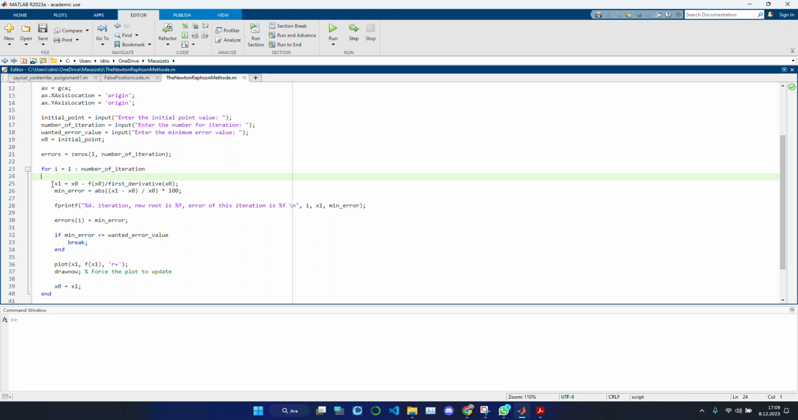For x1, I use the Newton-Raphson formula here, which calculates a new estimate x1, and I use the error formula here, and it prints our iteration number, new root, and the error of this iteration in this line. Here we store the error for plotting,